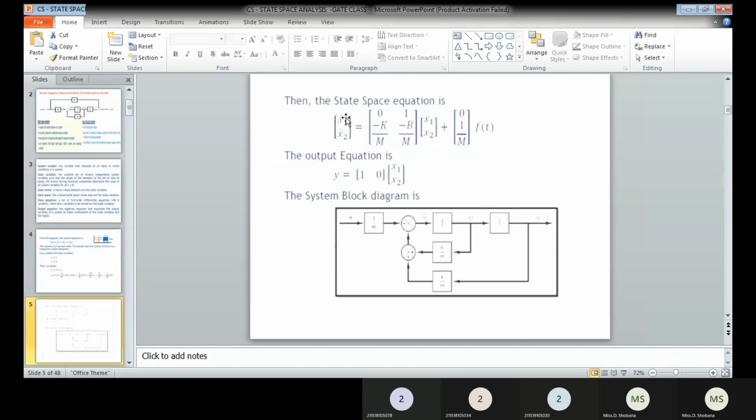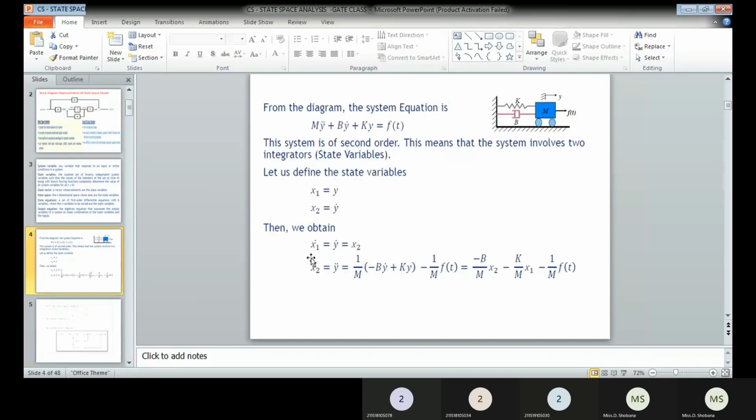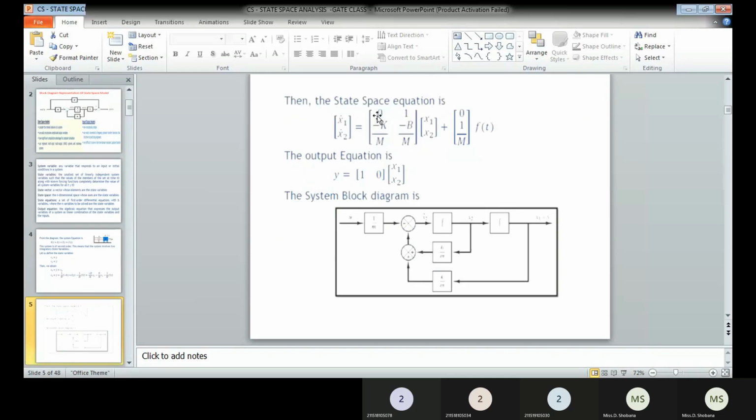So in the state model, we will be having x1 dot, x2 dot in the column matrix, and that will be equivalent to A matrix into x of t matrix plus B matrix into u of t matrix. So here, first you have to look into the x1 dot equation. In the x1 dot equation, we are having only the x2 variable. X1 is not available. Therefore, in the A matrix, which is a 2 cross 2 matrix, x1 is 0, and for x2 you are going to substitute the coefficient as 1.